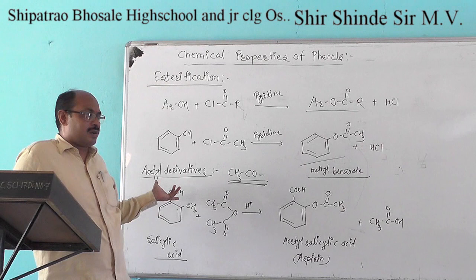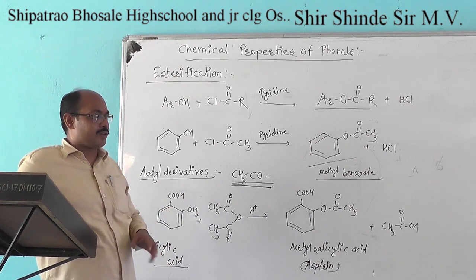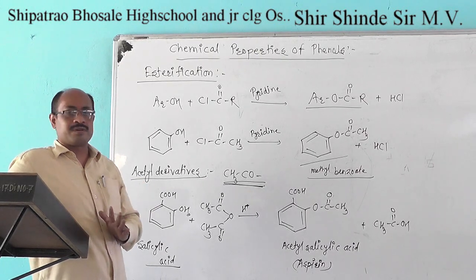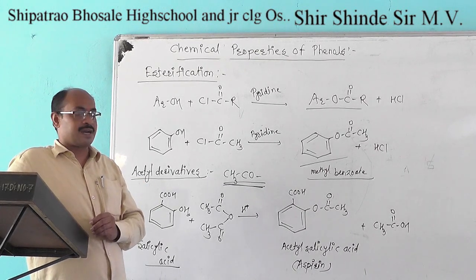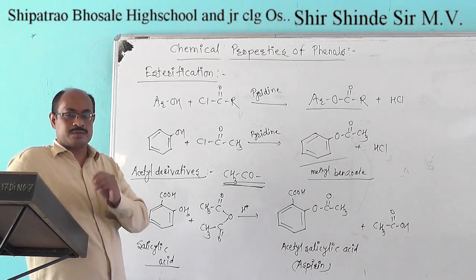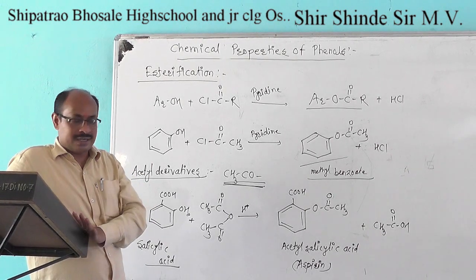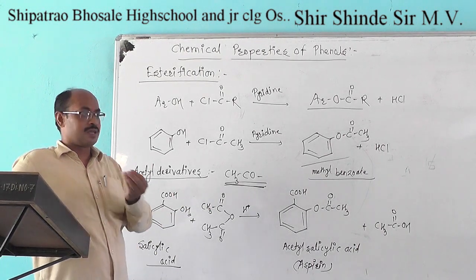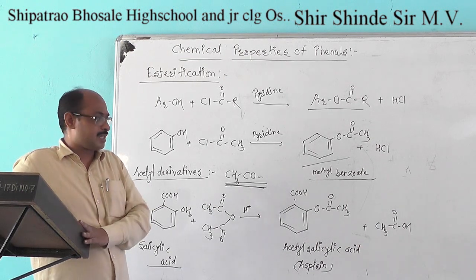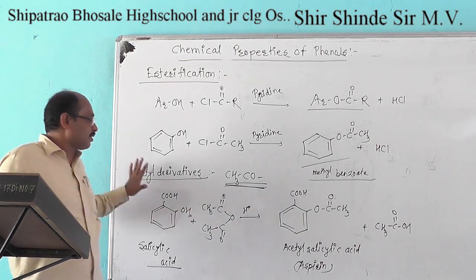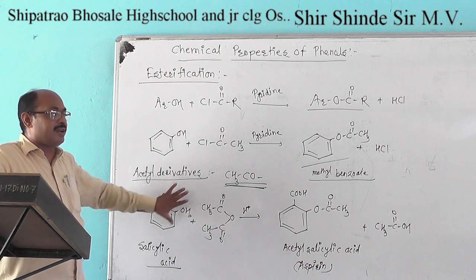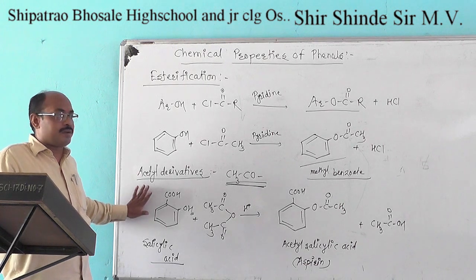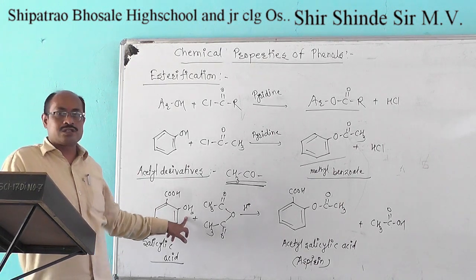A further example you have studied in biomolecules. We have studied that example where the presence of 5 hydroxyl groups is confirmed by the reaction with the corresponding acid anhydrides to form glucose pentacetate, which confirms the presence of hydroxyl groups. This type of reaction involves the formation of the corresponding acetyl derivative compounds of the phenols, which is useful for confirmation of the presence of hydroxyl groups.